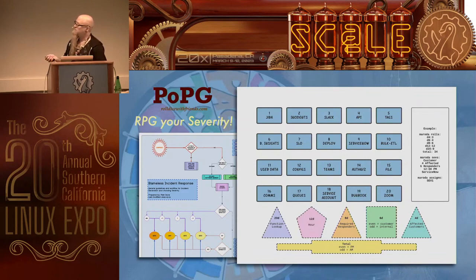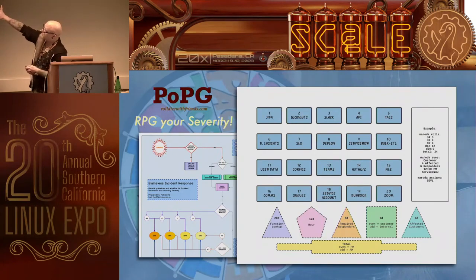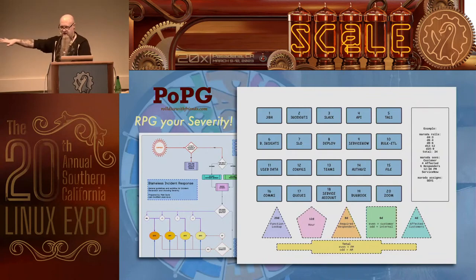Where's the laser? There it is. And these are the severities down here, and you would just kind of pick your way through the flow chart. And we came up with this game to help us do this. There's a site, I think it's called Roll Dice with Friends, and we had this matrix of our services, kind of like the Wheel of Expertise. And then I would roll all 5 die, and each dice would be one of these different things.